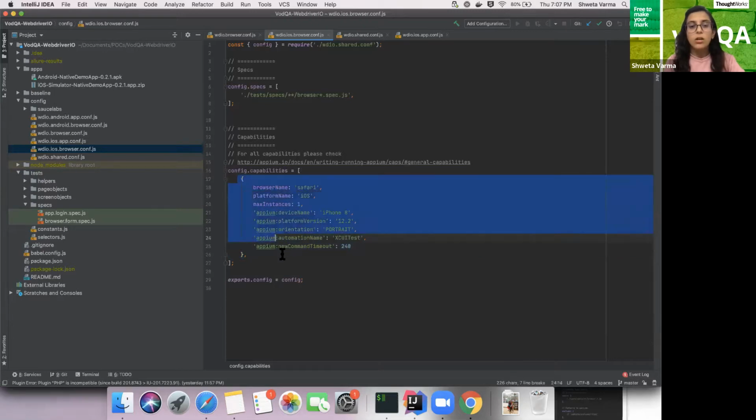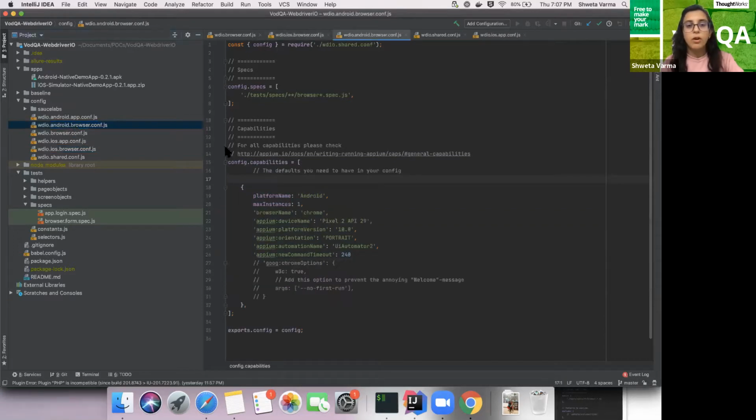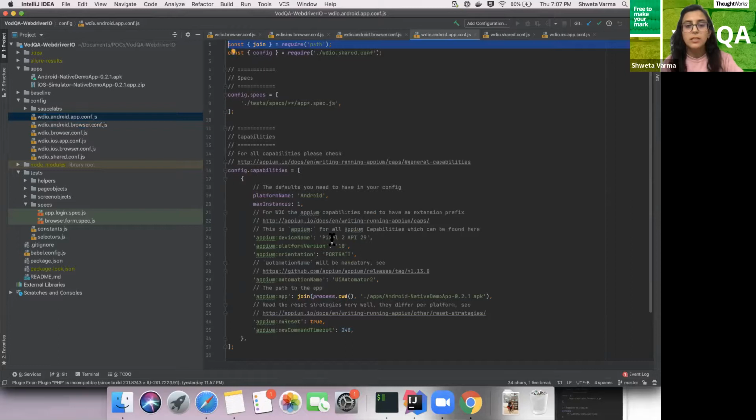So whenever I call this config file, it comes along with all these capabilities and does the execution part of it. We have the similar thing for the Android app and browser as well. Similar attributes we need to define so that the execution works fine.